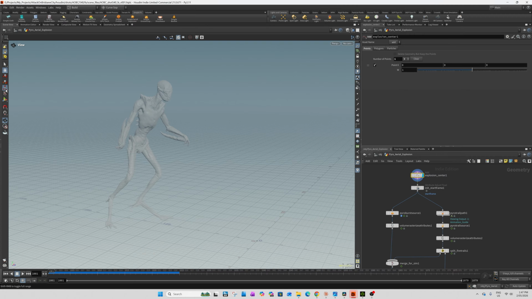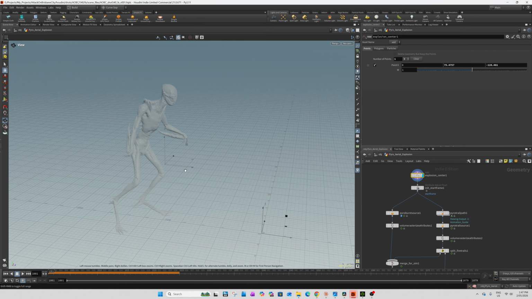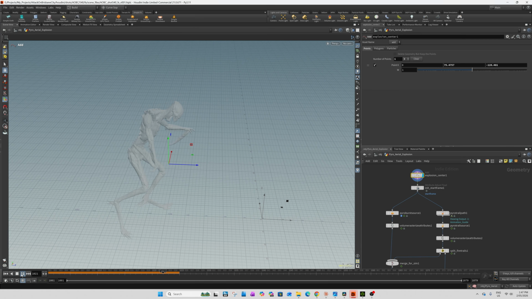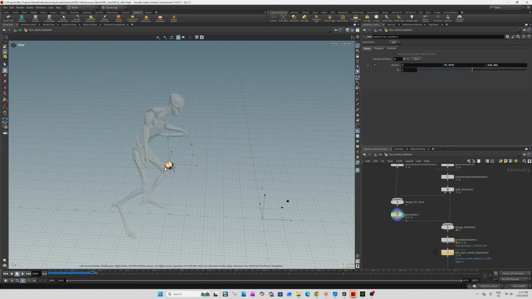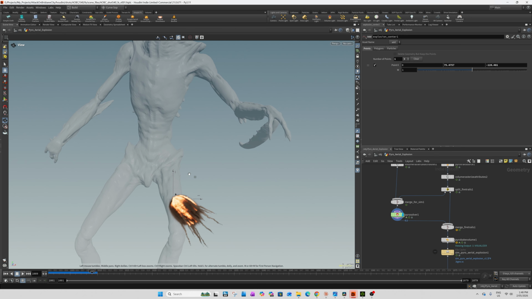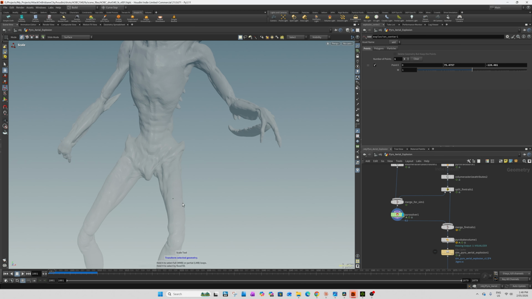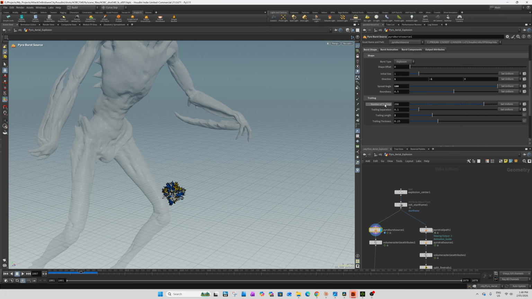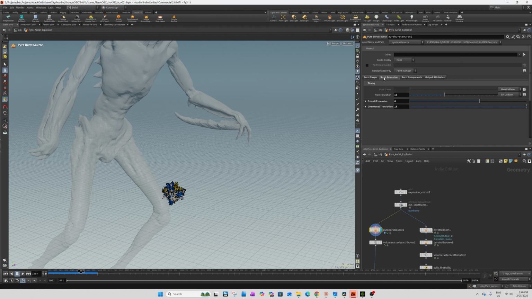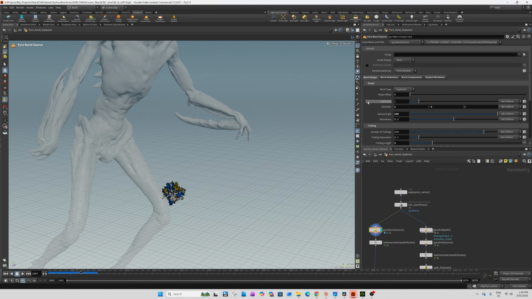Okay, I'm gonna see if moving this does anything. Let's play. Let's see if rotating it does anything. I don't think you can rotate it because it's a point. Kind of just winging it here. I won't waste too much of your time, but I thought I'd show you what I have to go through.